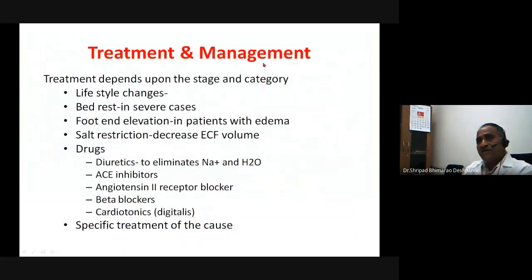If I were to go further, the treatment and management depends on the stage and the category or the phase in which the heart is, and even the cause of the heart failure has to be addressed. If you time it well, as I have shown in the previous graphs, then he may have the chance to recover, prevent that remodeling, prevent those hemodynamic alterations, and give him the proper conditions. Now, what are those treatment strategies? One, the alteration in the lifestyle